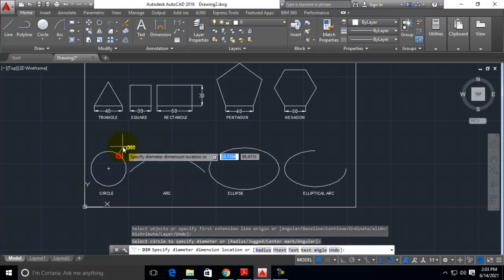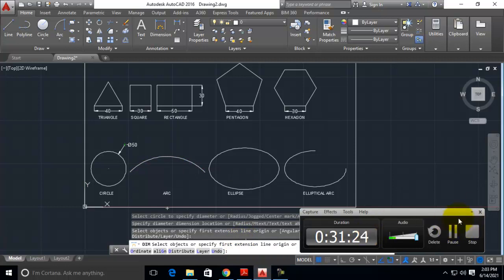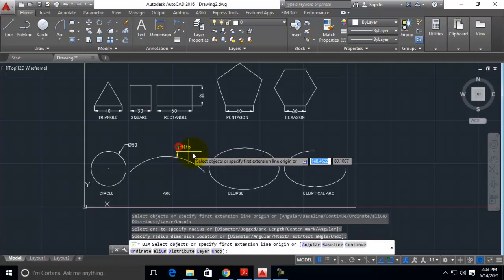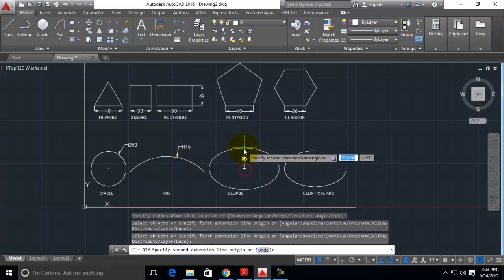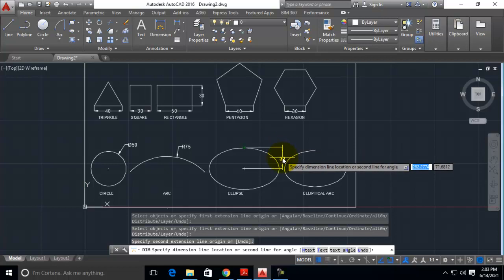Similarly, we have to dimension the circle. Click over here, position it here. This also 75. For the elliptical arc, you just click over here, position it here, 30.